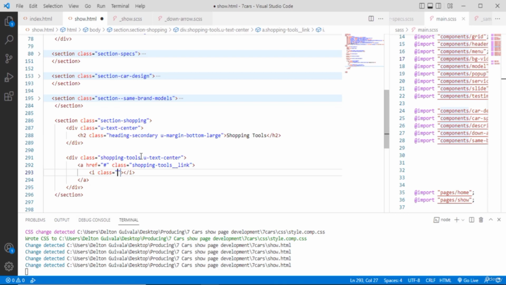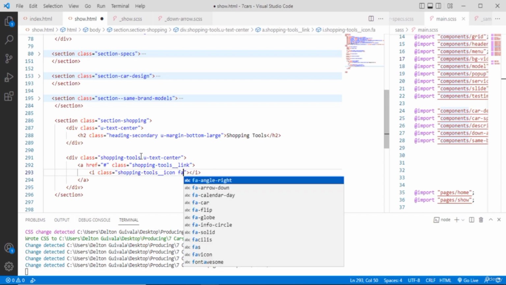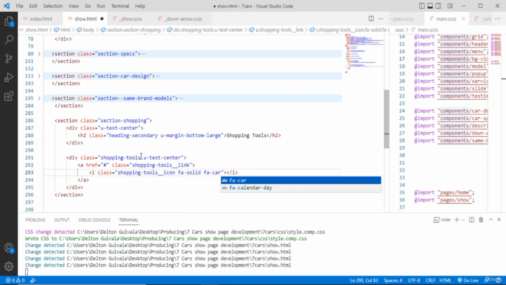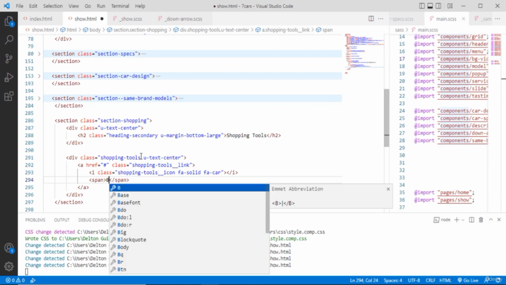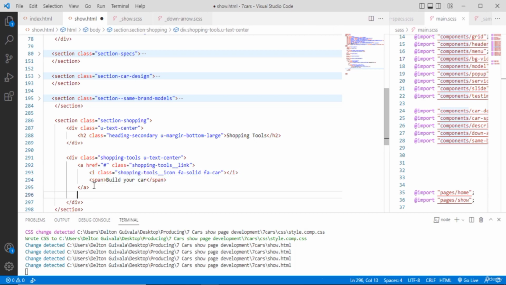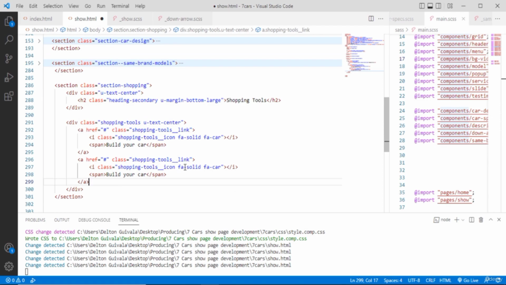I'm going to say this is shopping tools icon, and I'm going to put the icon, which is first is a solid type and it's just a car. That's enough. After this icon we can put expand saying build your car. Then yes, we have one tool here. Let's put the next one. This is gonna be the location dot, so fa location dot,